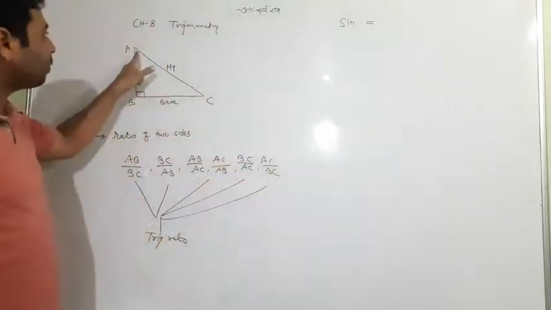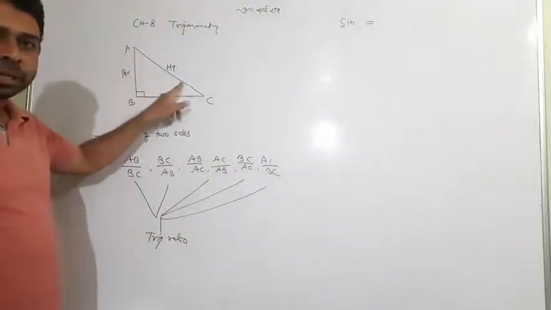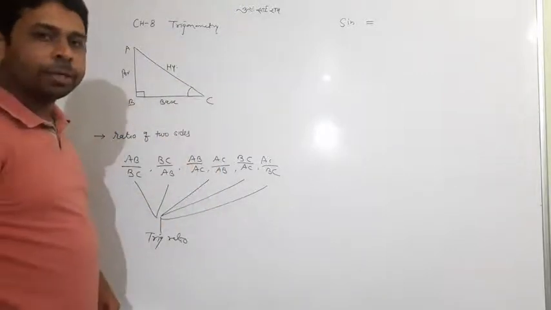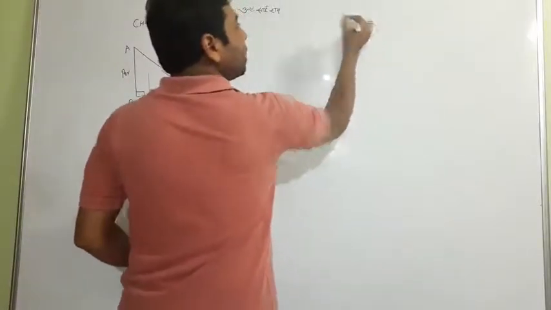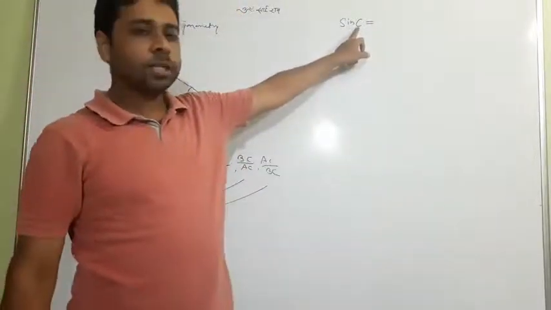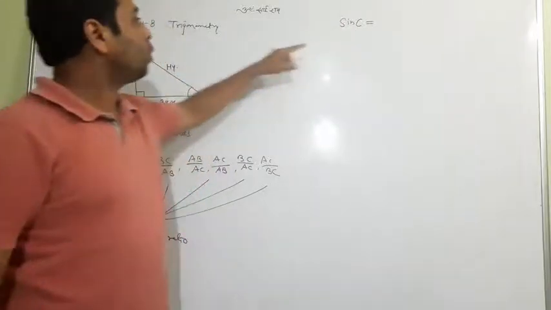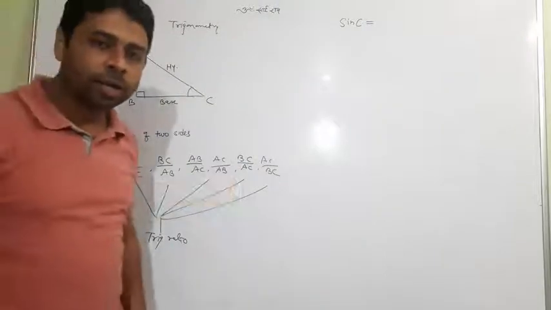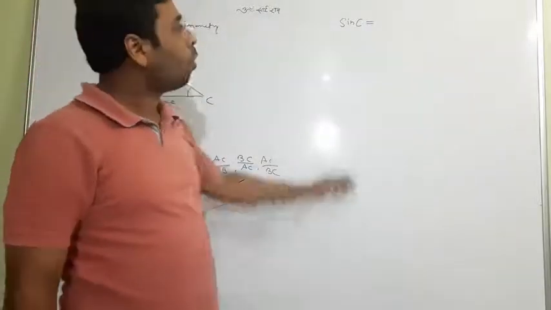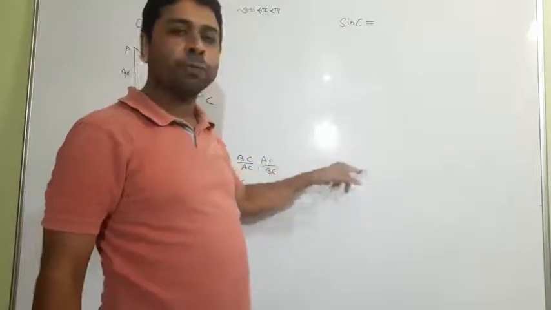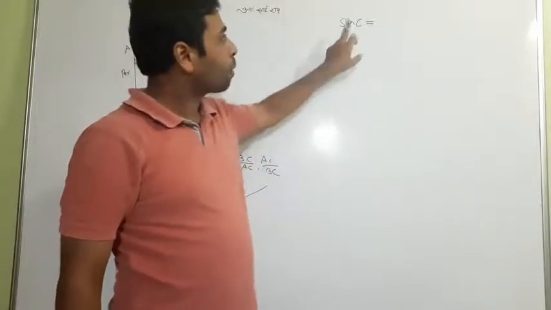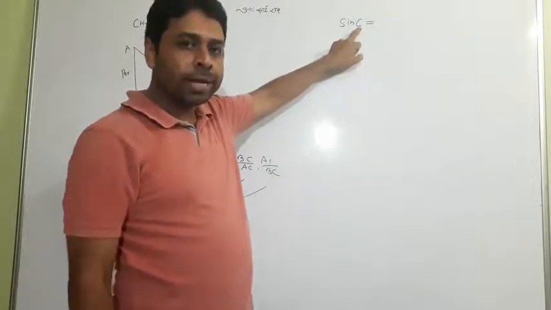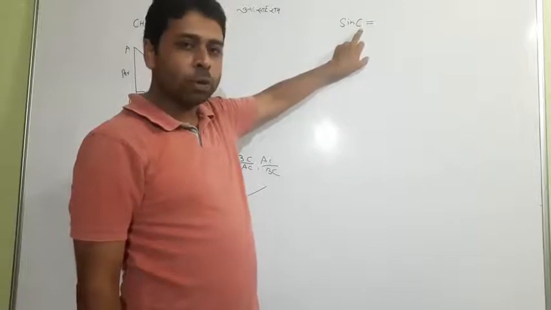And you should know that we have two acute angles, A and C. This time I am taking C as an acute angle, and now make the habit. This time I will write sine C. Now, what is C? C is an acute angle. Instead of C, what can you write? Sine A, because this time A and C both are acute angles. So keep in mind that all the trigonometric ratios are fruitful when they are written along with any acute angle. You can write C, you can write A.